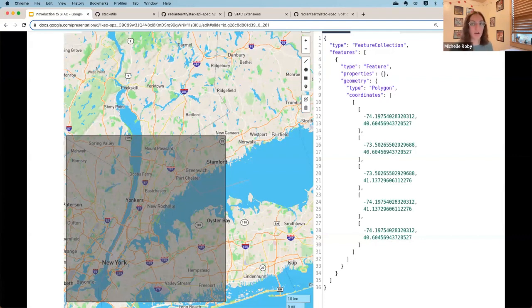This is really all that GeoJSON is. It's very simple here, but it gives us actually a lot of information. If we look to the left, this is all the information that we're gaining just from these few lines of writing. So that is the basis of what STAC is built upon.